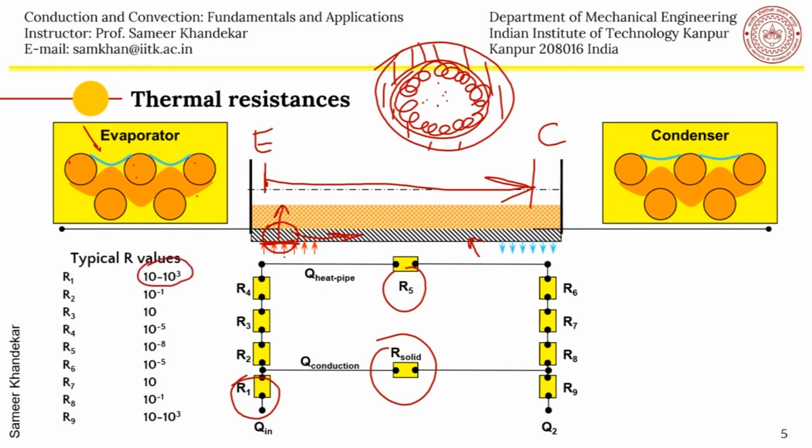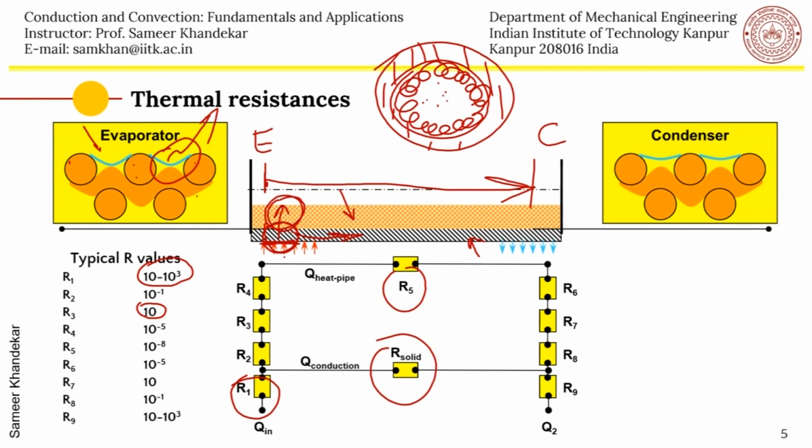and as you can see, this is also pretty large because usually the conduction in the saturated porous wick, this wick is saturated with liquid, and therefore this is rather high. And then of course R4 is the interfacial heat transfer, the interfacial resistance at this interface when the heat has reached right up to the top of this particular porous material. So again you can see that this interfacial one is rather small, and then R5 is extremely small,